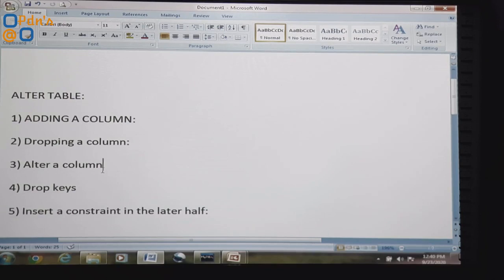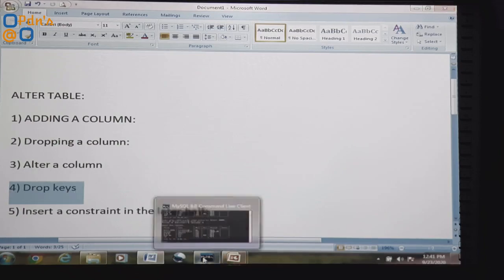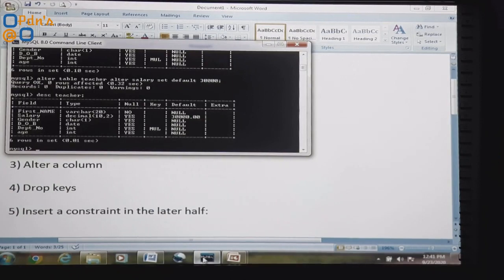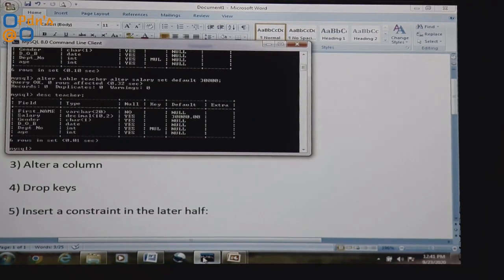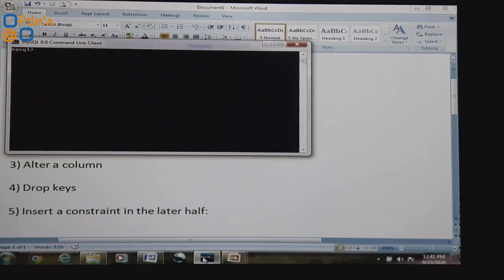Fine. Now the next feature of alter table is how we can use alter table for dropping keys. Let us check.